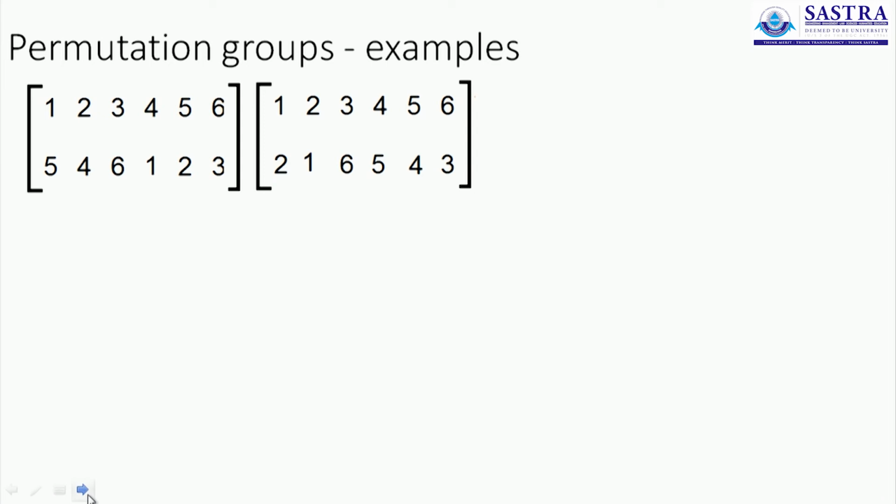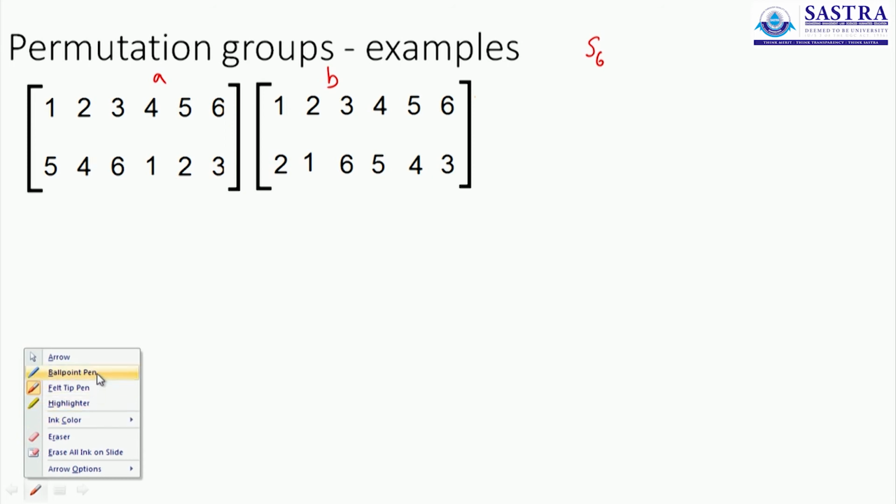Let's try one more exercise. This time I am considering S6, where S6 is the set of all rearrangements of 6 letters, 6 characters or 6 numbers. It's going to have 720 elements. We'll not do all of them, we'll just pick a couple of elements which are simple enough. So A and B will operate, A from the left. Let's just follow the images.